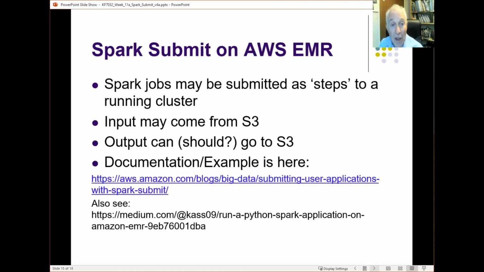So that's possible. And as a general point, of course, we're working with cloud, so you should be able to take input in your job from a bulk storage service like Azure Blob Service or S3 on